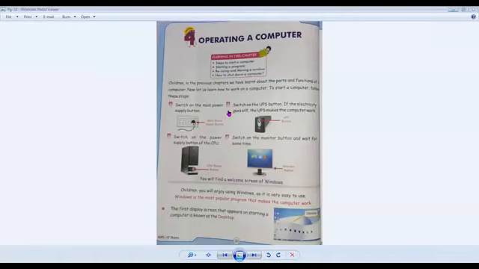It cannot work without electricity, and I hope you know what electricity is. Electricity is what you call light. You all might have seen this kind of switch and this kind of socket in your homes.